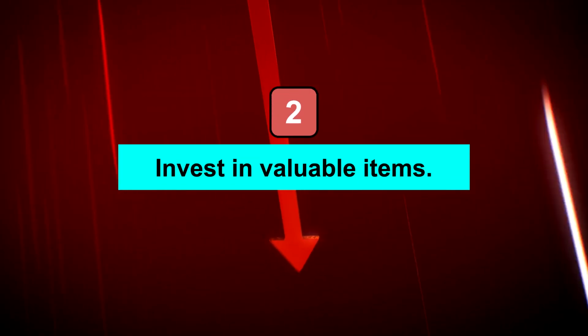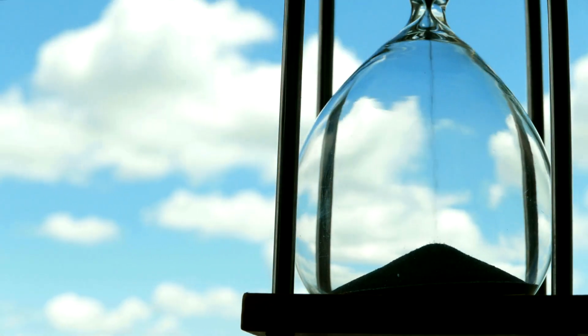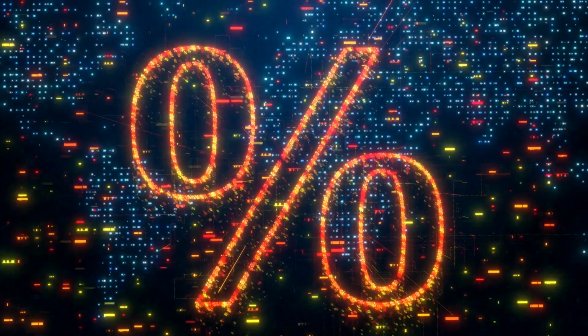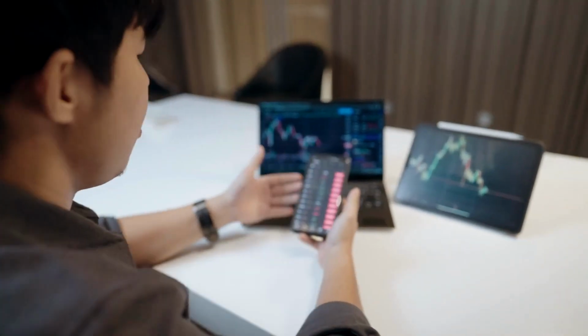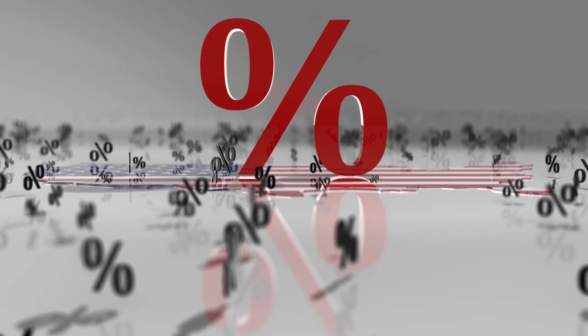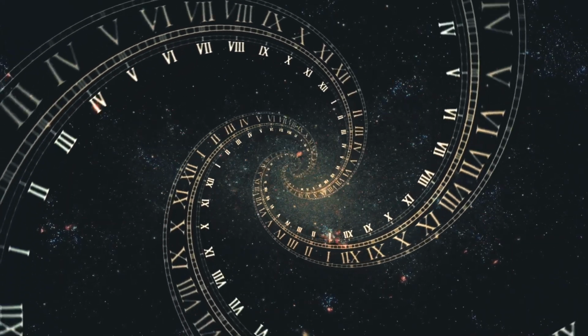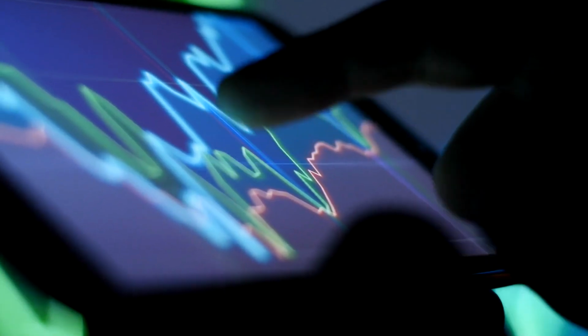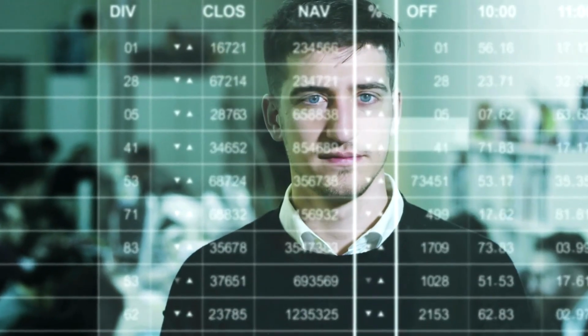Number 2. Invest in valuable items. Sometimes we invest in things purely for the sake of it. The truth is that long-term, fixed-rate interest-bearing investments, geez, what a mouthful, are the worst kinds of investments to make during inflationary times. Any fixed-rate, interest-bearing debt securities fall into this category, although those with maturities of 10 years or more are particularly undesirable. Instead of investing in these, you should invest in things that can't be duplicated easily, like